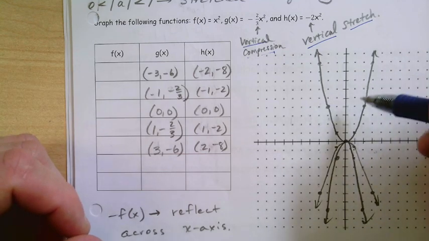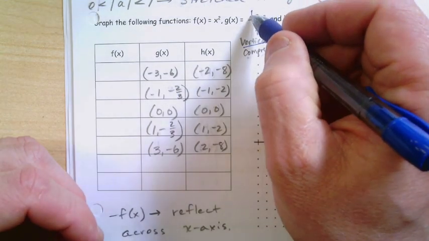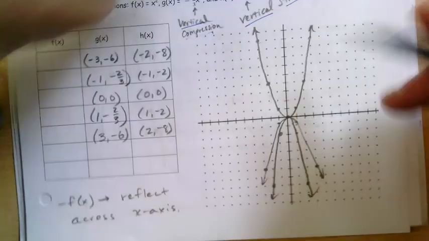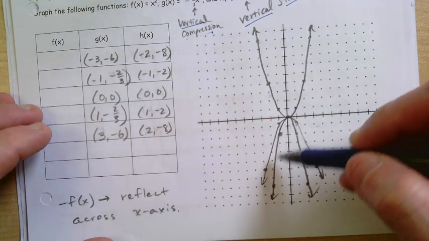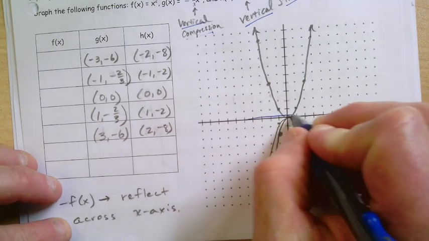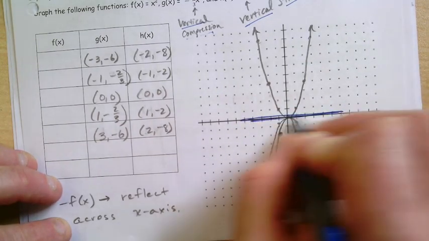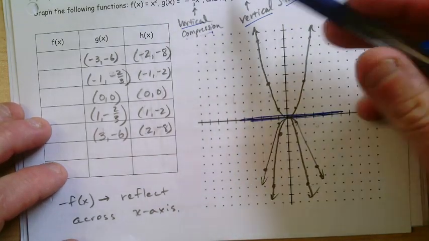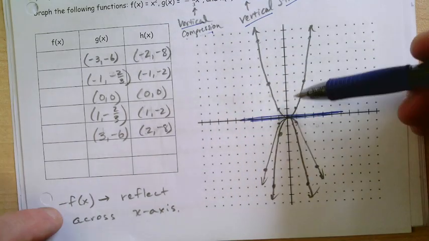Now, if you notice or remember this from before, I always said that this was inverted, okay, which it is. Here you've got your original parent function right here. We're inverting it. We're going down here. But really, what are we doing? We're reflecting across the x-axis right here. So you'll notice here, whenever you have a negative out in front, like this, with no parentheses, you are reflecting